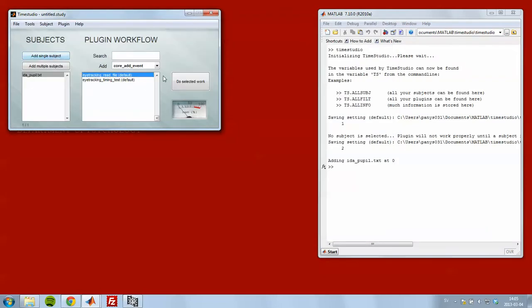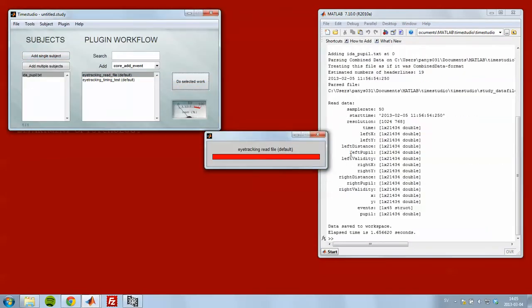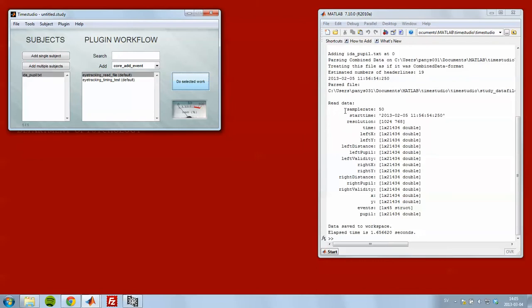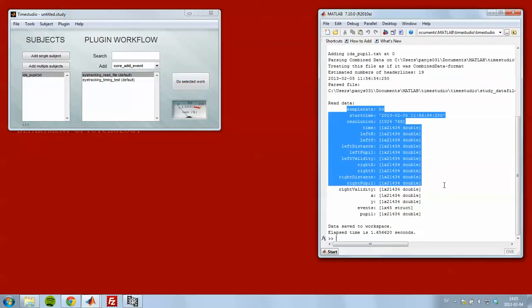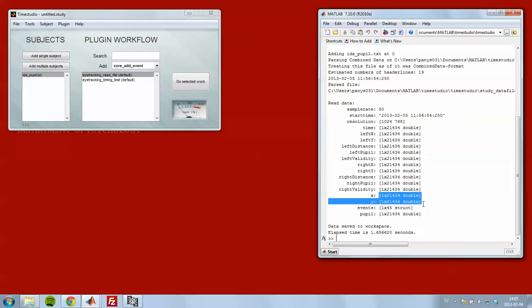I open it and I can read it, and I see that I get lots of data about it. See that we have some X and Y coordinates, that's good, and we have some events, 45. And I want to know if these events are properly time locked to the stimuli that I presented on another computer. To check that,